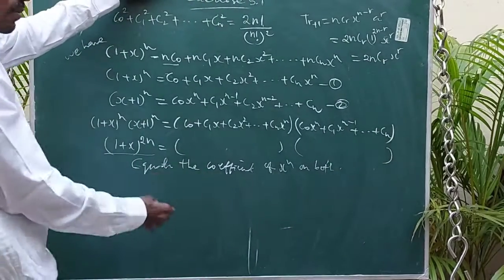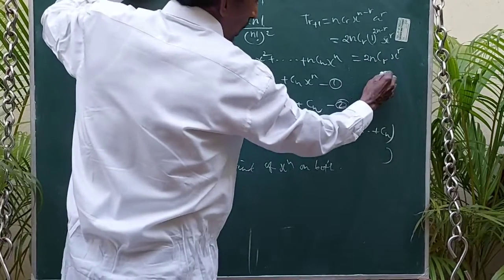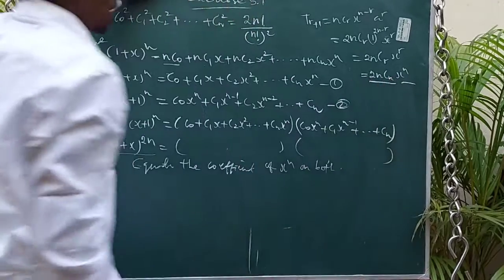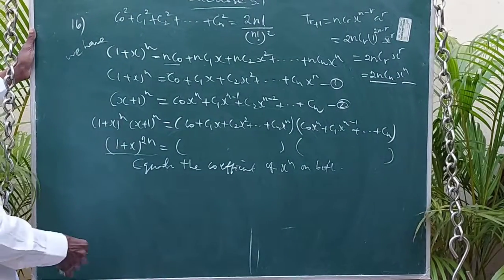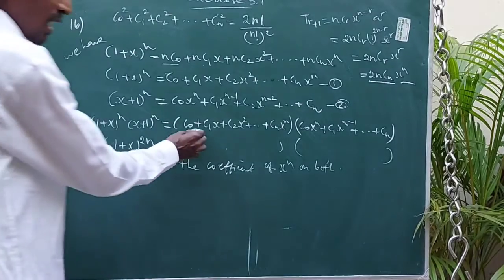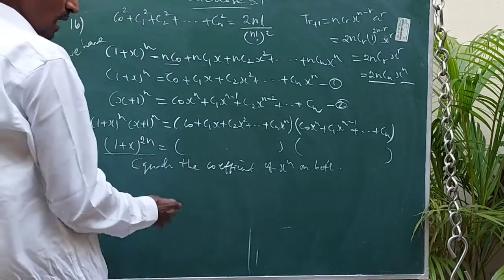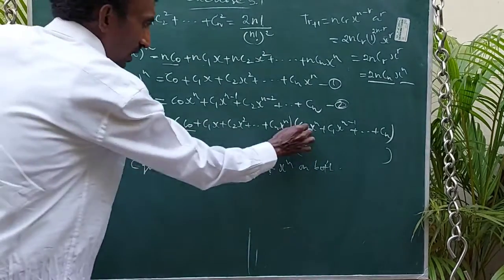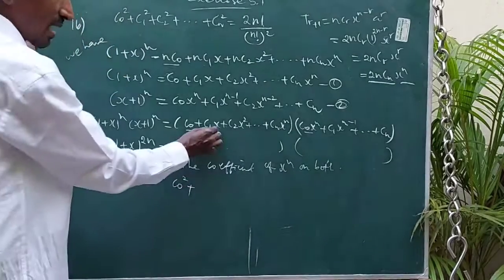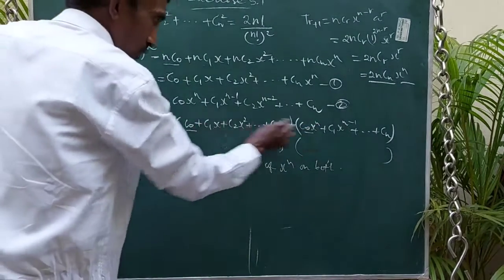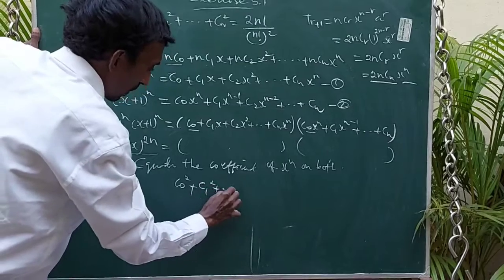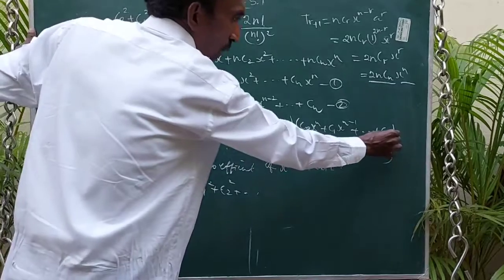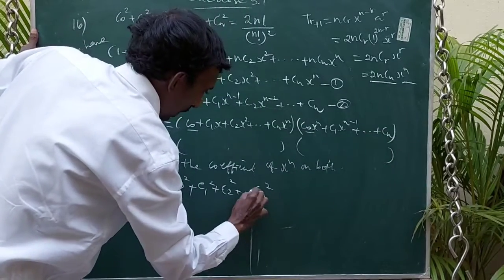We need the coefficient of x power n. So put r equal to n. So what do we get? 2nCn x power n. So the coefficient of x power n in the LHS is 2nCn. Similarly, look at the right hand side. We need x power n. If you multiply C0 into C0, C0 square, here x power n minus 1. So C1 into C1, C1 square plus C2 square etc. Here Cn x power n, here 1. So Cn square equal to